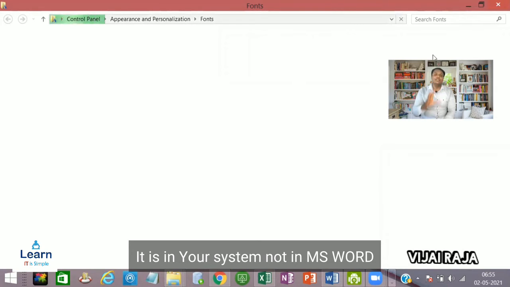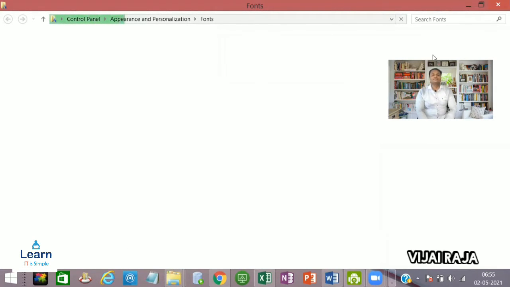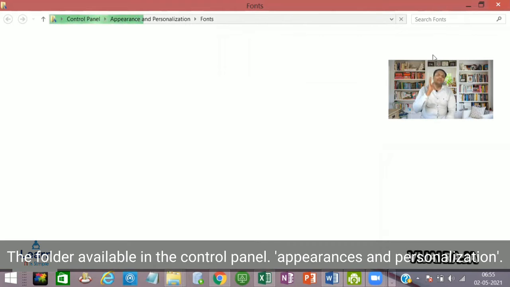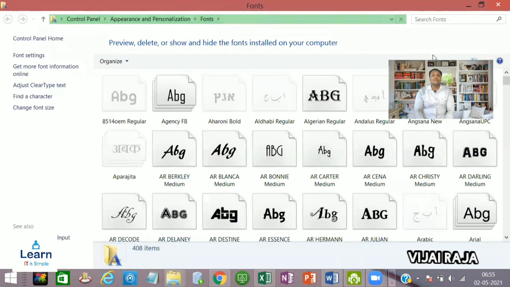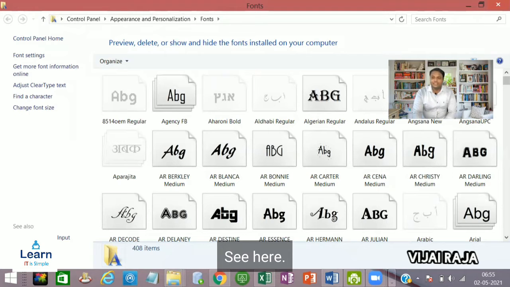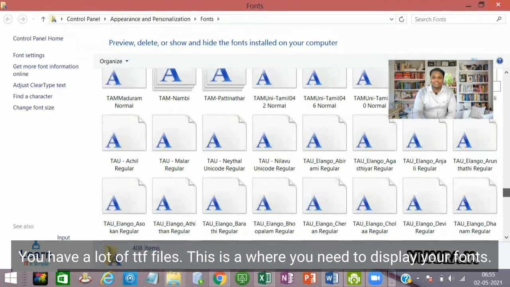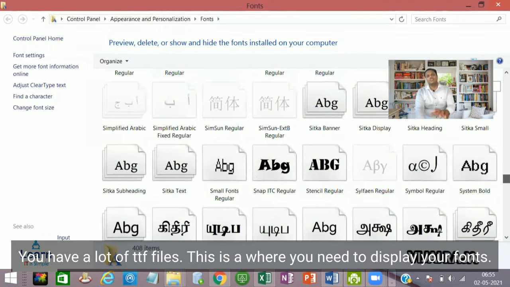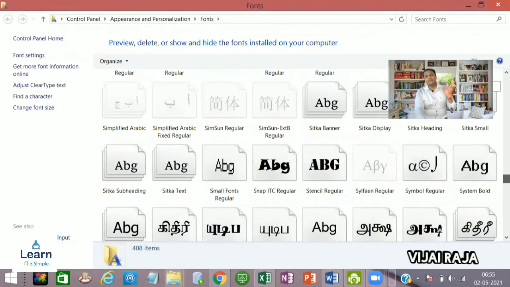It is available in the Control Panel, under Appearance and Personalization, and there you find Fonts. I just do a shortcut search for fonts. See, here you have a lot of TTF files. These are the fonts of your system, and they will be displayed in MS Word.